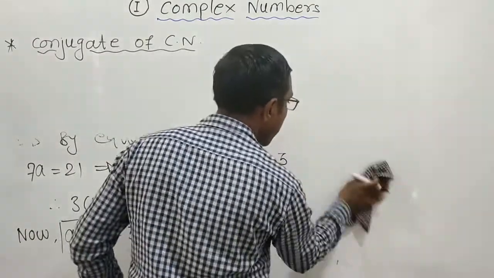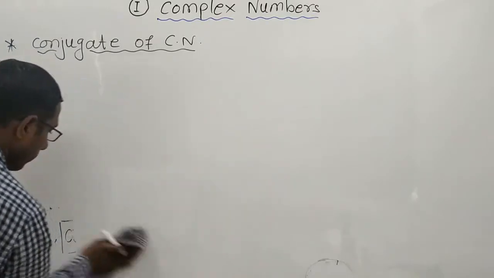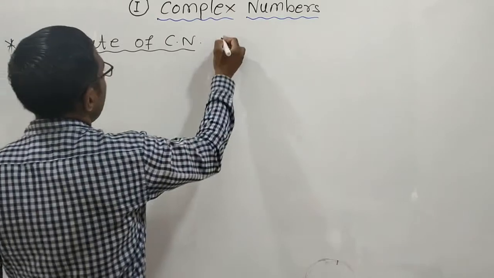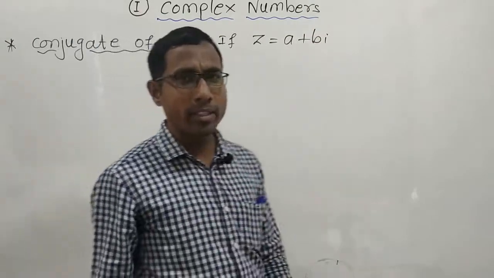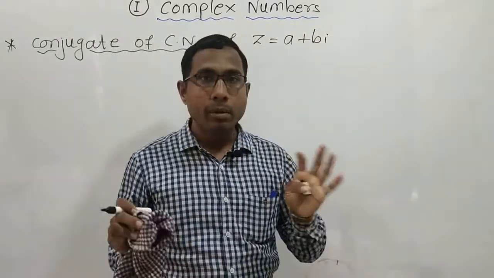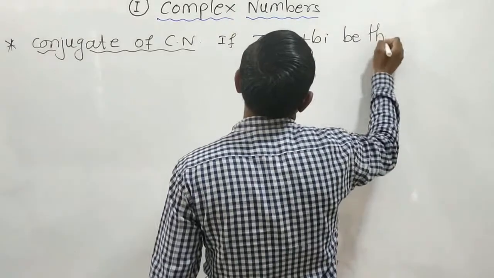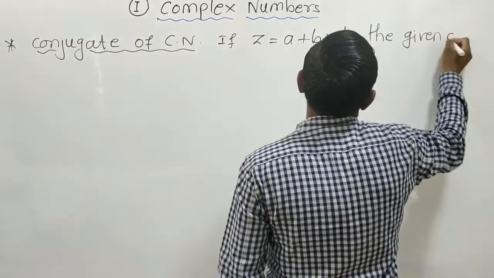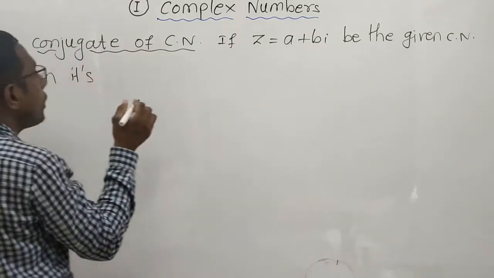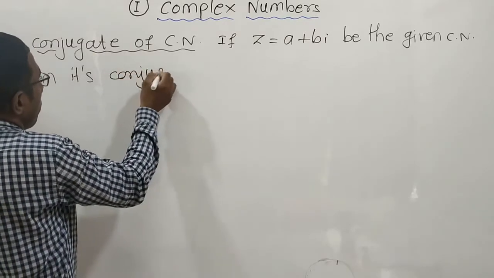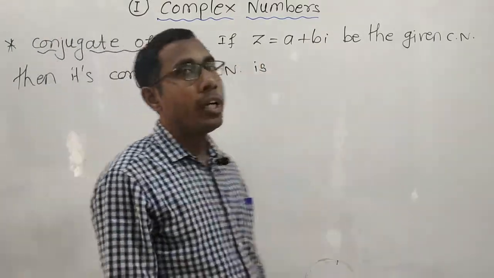Now, if z is equal to a plus bi is the given complex number, and you are able to identify what is meant by a complex number, then its conjugate complex number is denoted by